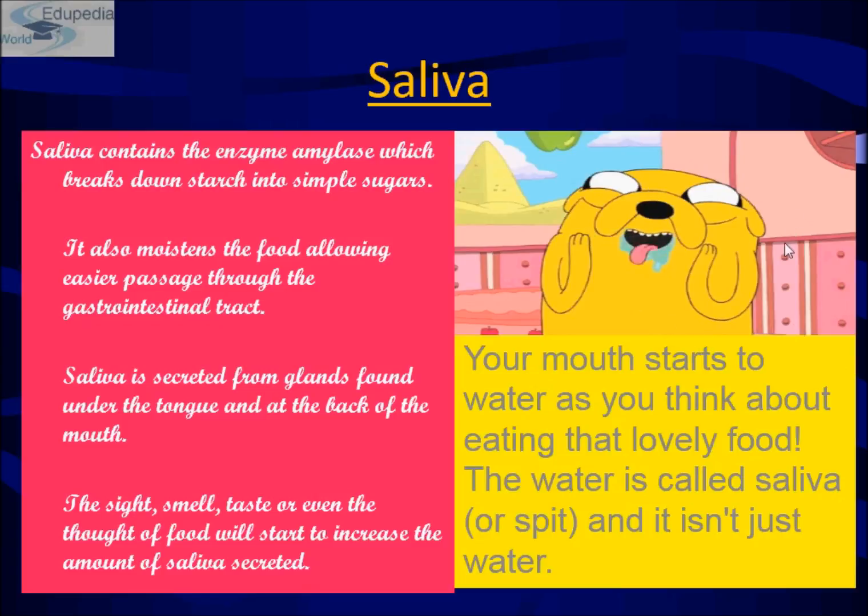As you can see in this cartoon, your mouth starts to water as you think about eating that lovely pizza. The water is called saliva, or you can say spit, and it is not just water, it is an amalgamation of enzymes in it. Okay,